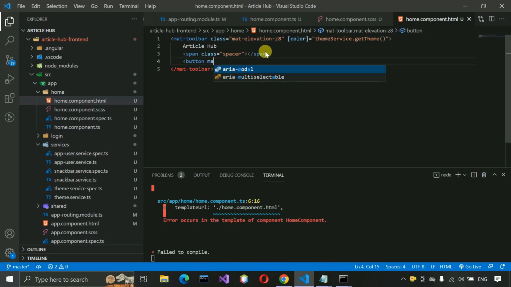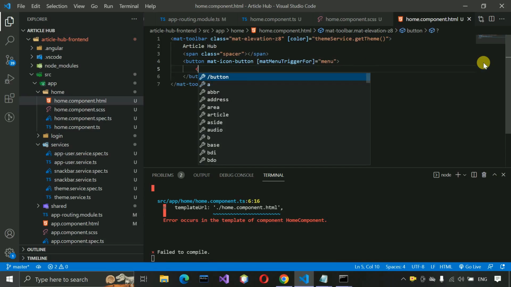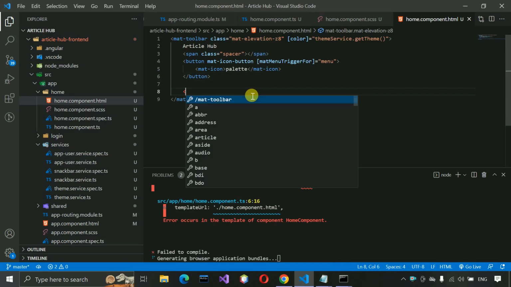So button, mat-icon-button, and matMenuTriggerFor menu, and close this one. And inside this one we have to write mat-icon palette. Save this. And outside of this button, we have to write mat-menu with the hash